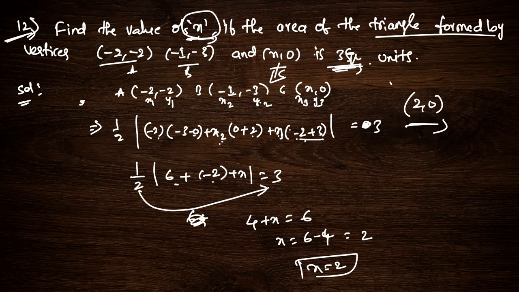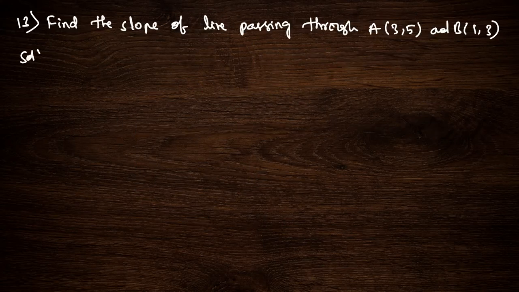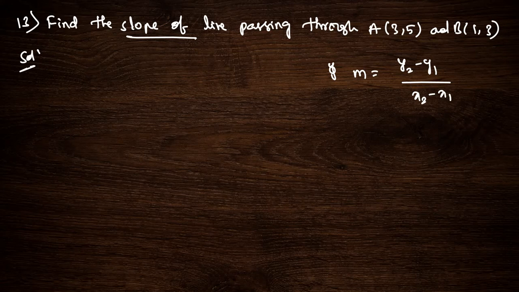Now moving to the 13th question. Now the solution here, find the value of slope. The slope formula is m is equal to (y2 minus y1) divided by (x2 minus x1). The given points are A(3, 5) and B(1, 3), so it will become